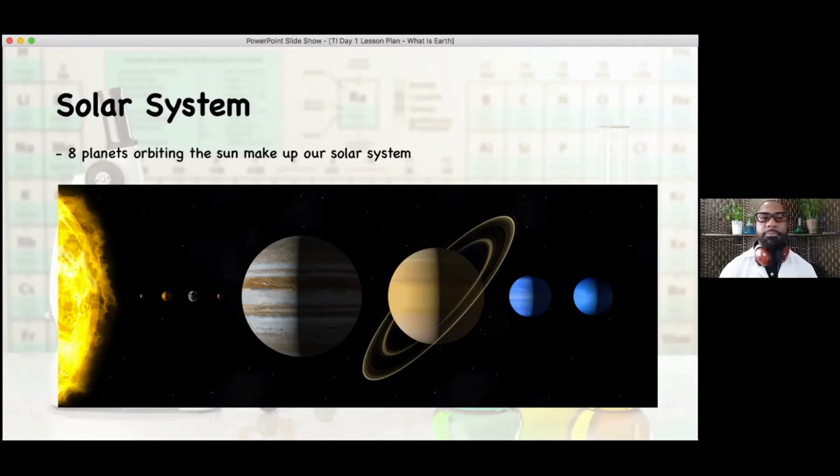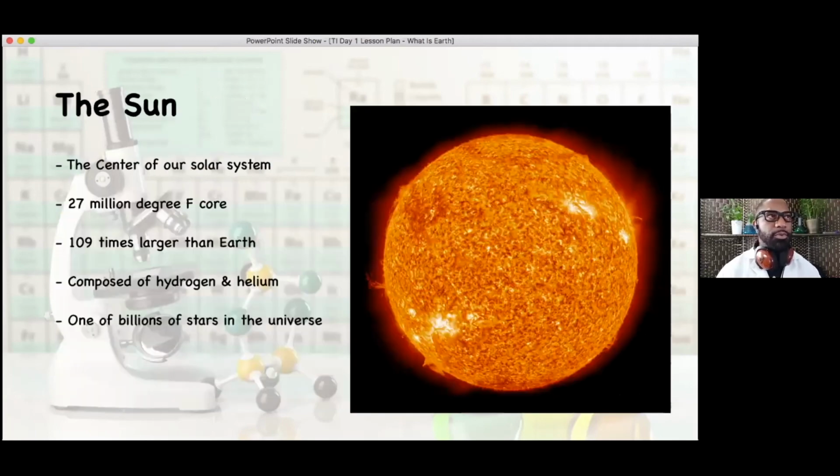But the really important thing to know is that space is vast. The distance between these planets is actually immense. And so the first one that we're going to talk about, if we're going to go into order here, we're going to start off with our amazing sun. So we're going to dive into your next slide. Boom. So I'm going too fast here, too sensitive. Sorry, guys. So here we have our sun, which is the center of our solar system.